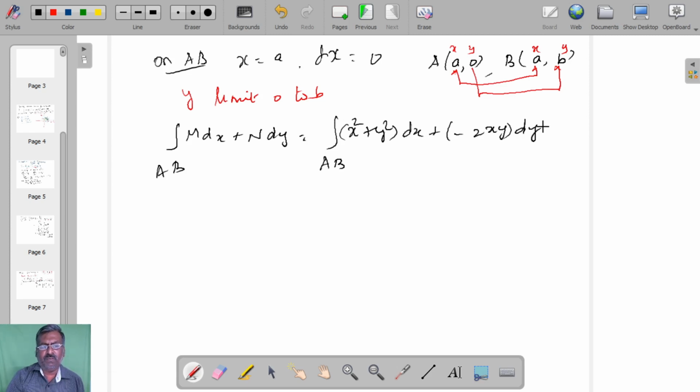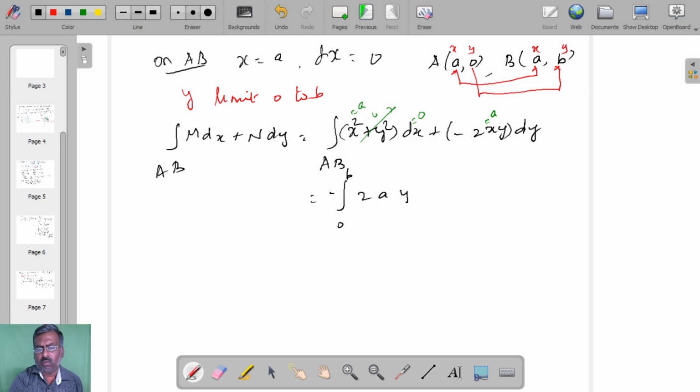Now apply the limit: integral 0 to b. In this case x value is a, dx value is 0. So the first one is fully vanished, and the remaining is minus